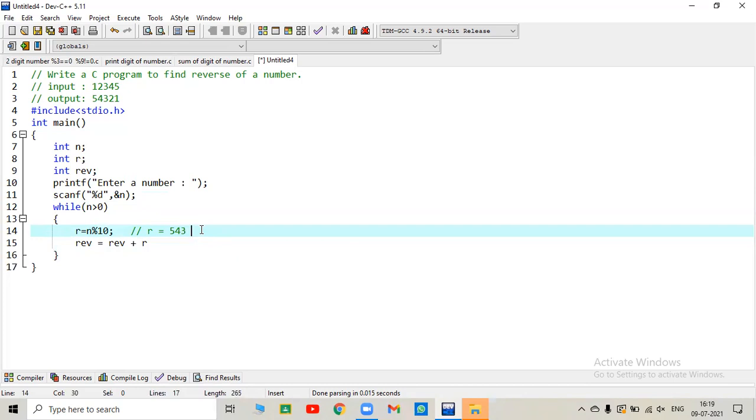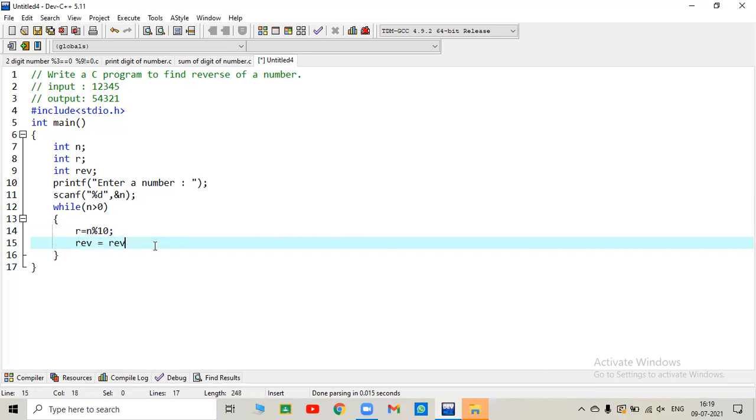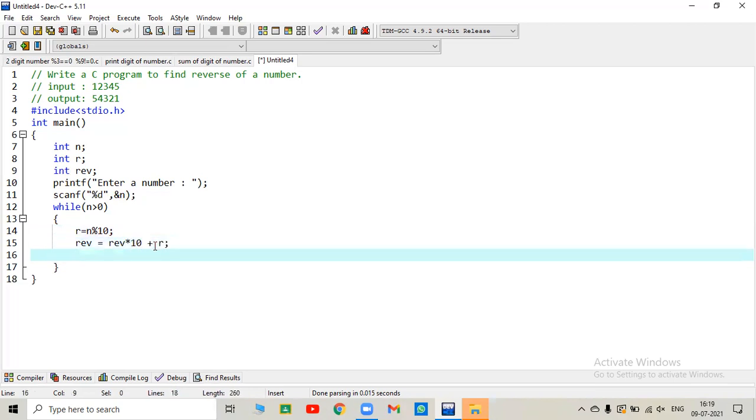Then 543. Now how it comes, that is 54 into 10 plus 3. So our logic will be rev into 10 plus r, and then n by 10.